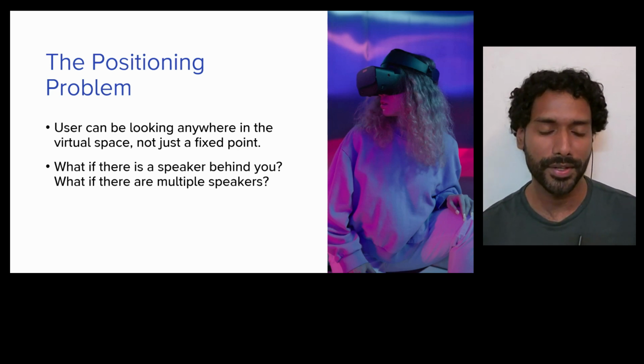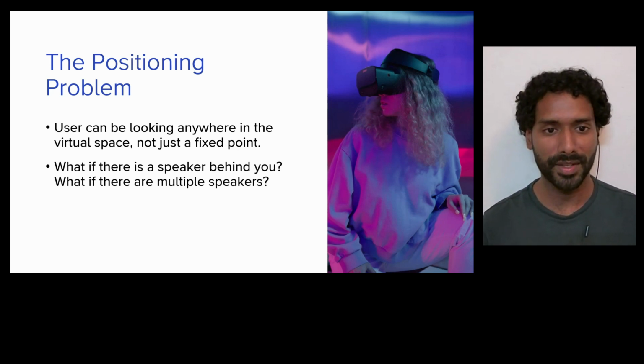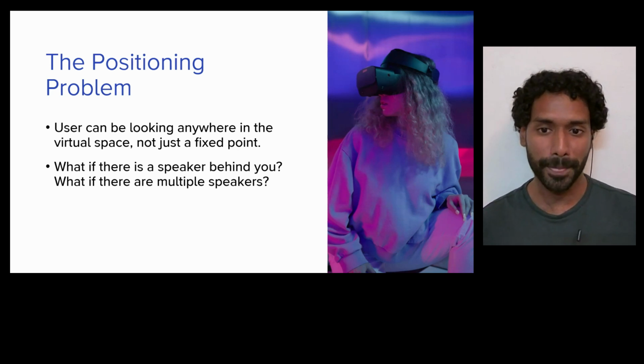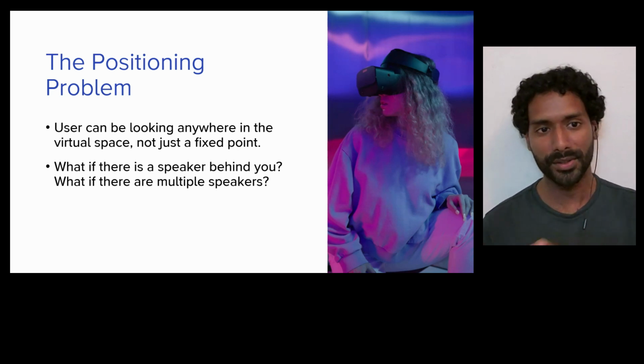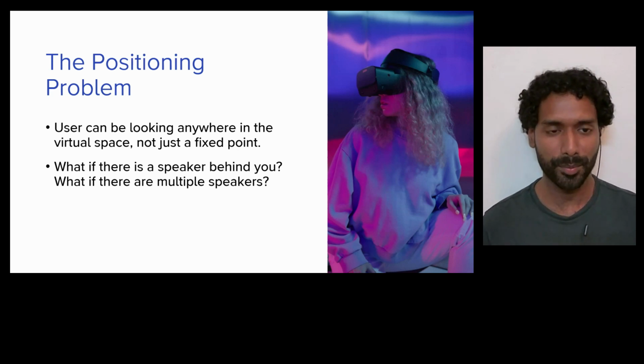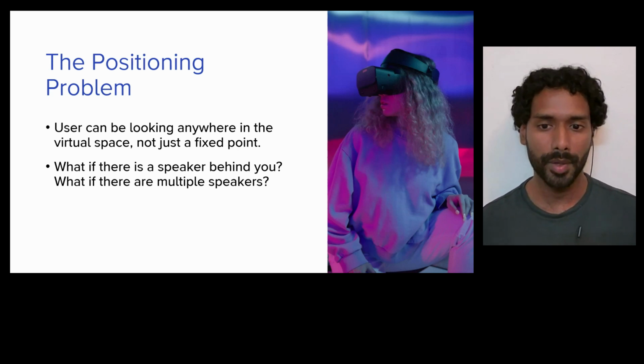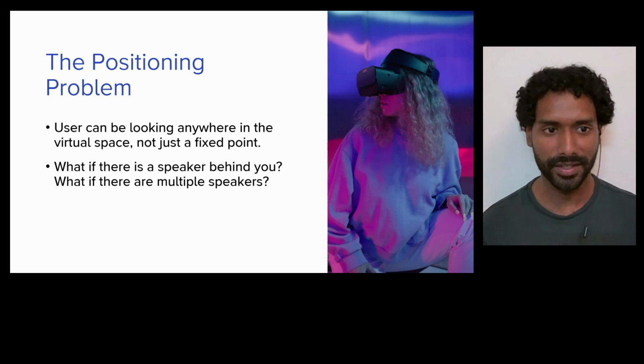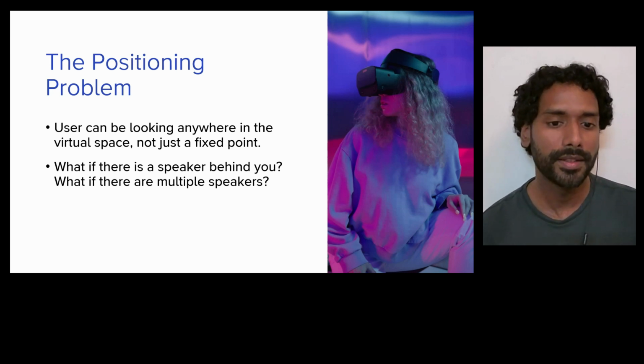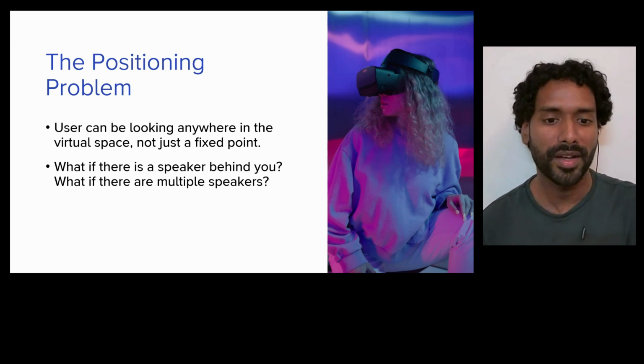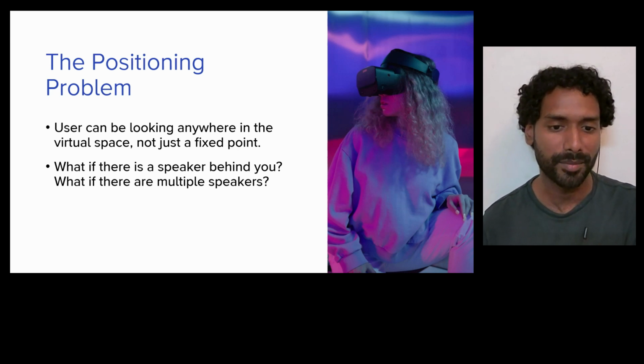There are also scenarios to think about, like what if there's a speaker behind you, and what if there are multiple speakers? The problem is not that there's not a solution to this. There are plenty of solutions to the problem of positioning captions, but there is no single solution that's guaranteed to work everywhere. Let's have a look at a few examples of how other developers have solved this problem of positioning